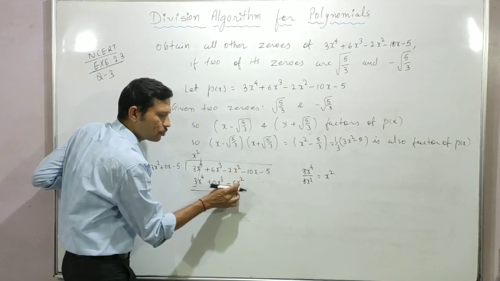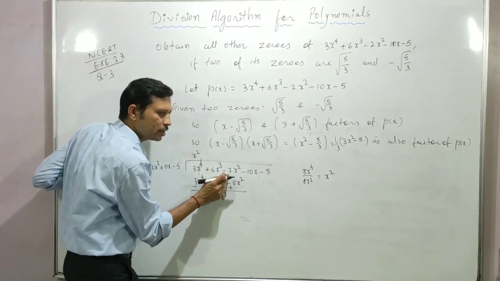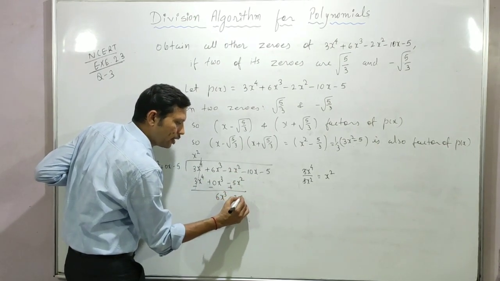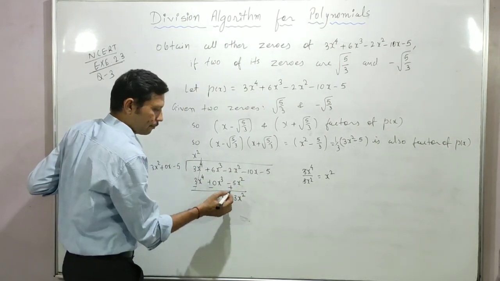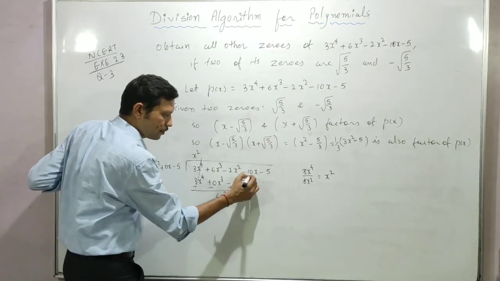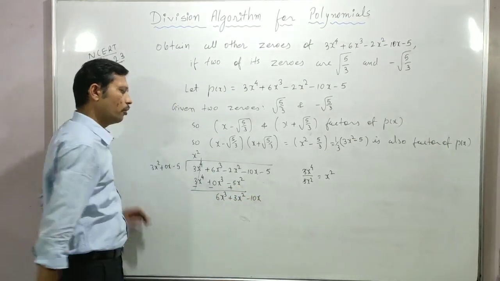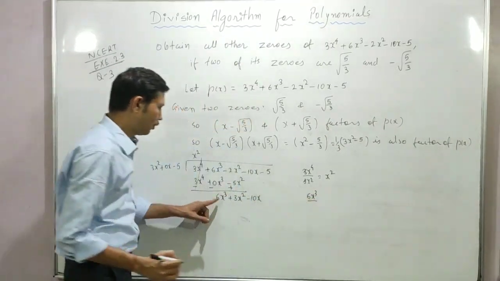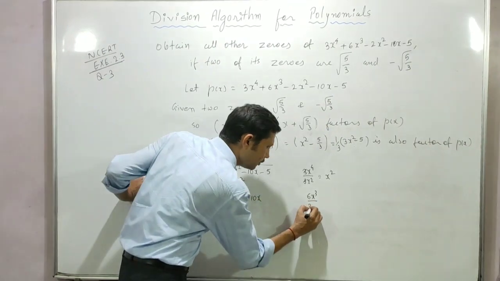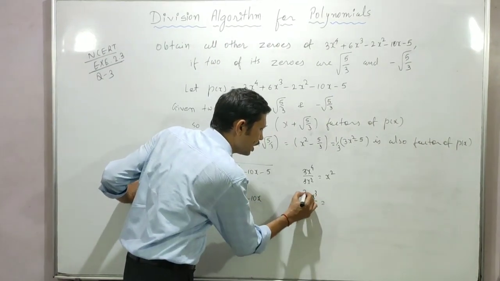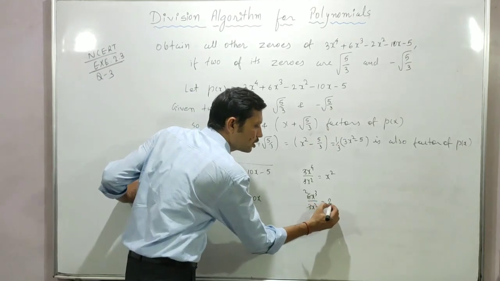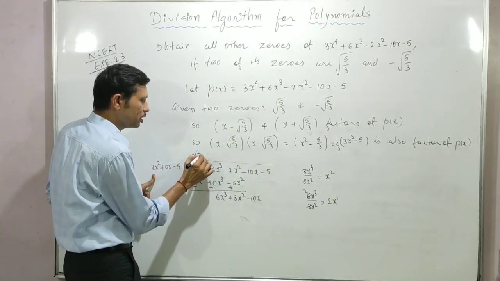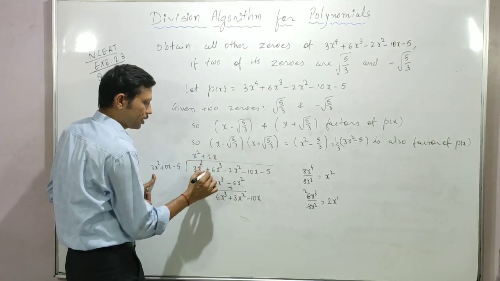Now here the x square terms are like terms; one is positive and one is negative, so we can subtract. From the 5x square, when I subtract the 2x square, 3x square is left, with the sign of the greater term, that is plus. Now carry the minus 10x. Now the first term of the dividend, 6x cube, divided by the first term of the divisor, 3x square: 3 twos are 6, and from the 3, when I subtract the 2, it will be power 1. So the second term of our quotient is plus 2x.